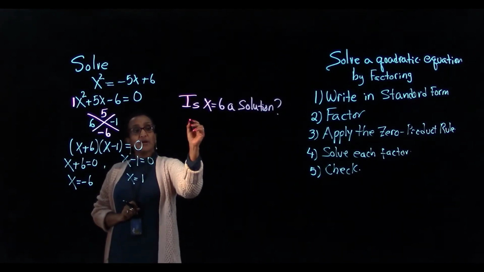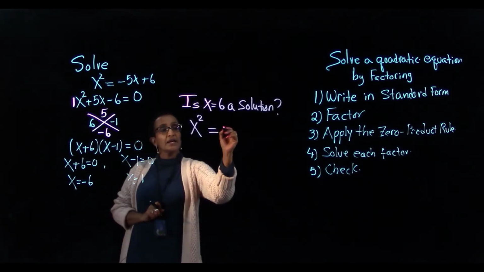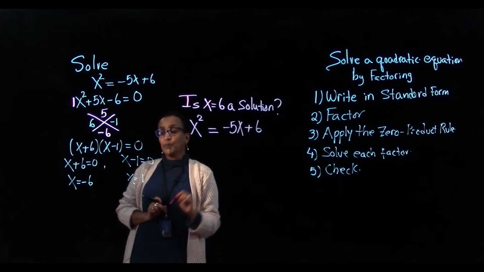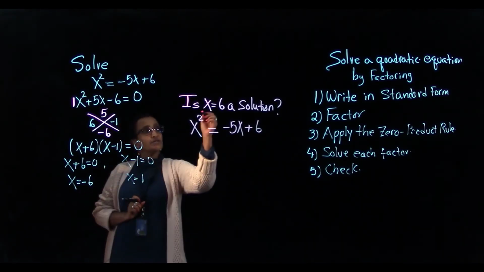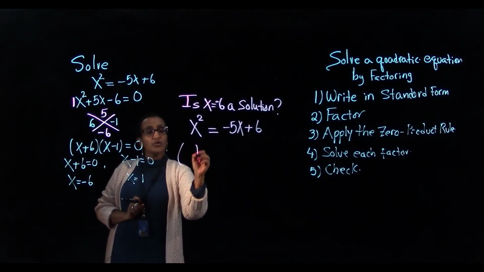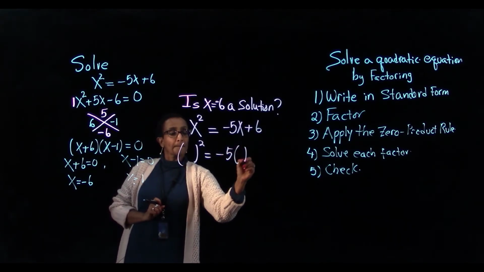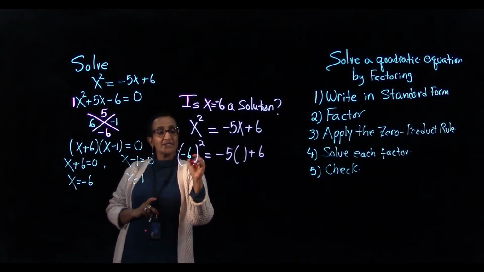The original problem says x squared equals -5 times x plus 6. Wherever there is x, I'm going to substitute, oops, forgot the negative sign on -6. I'm going to replace my x by -6,